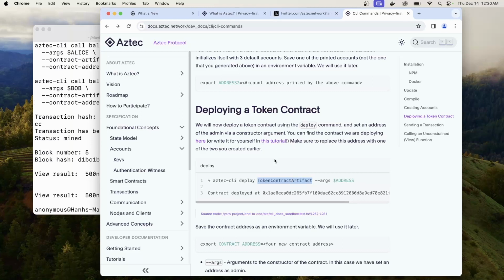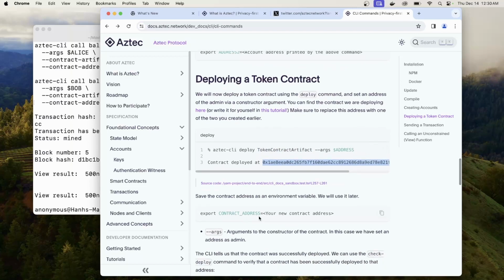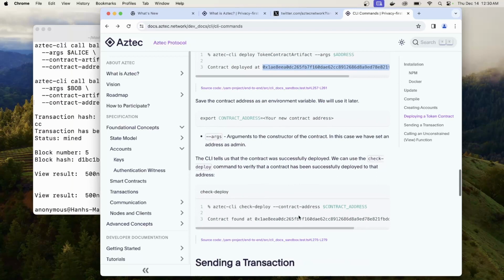Oh, already also in this tutorial, right? So you can write this contract, and then once you deploy, you have an address, and they save the address. Okay, so far so good. Check deploy: you pass the address, and they say, okay, this is found. The thing here though is that if you don't store